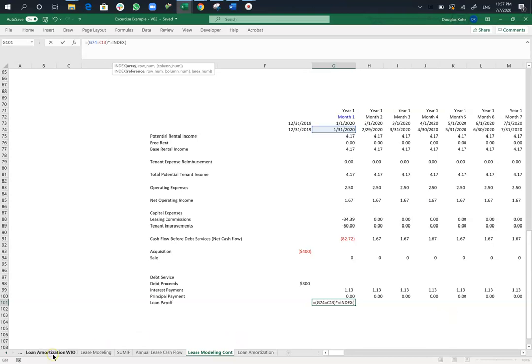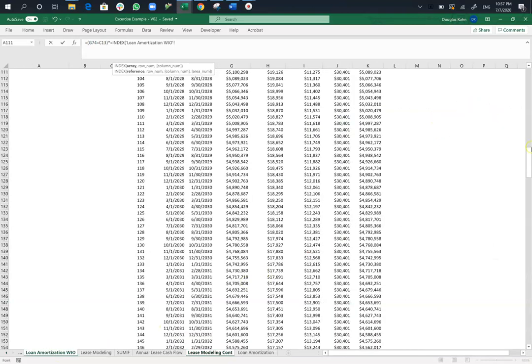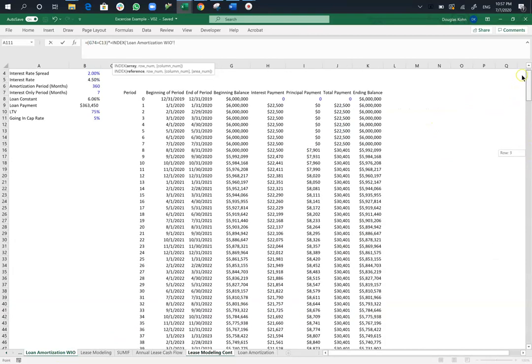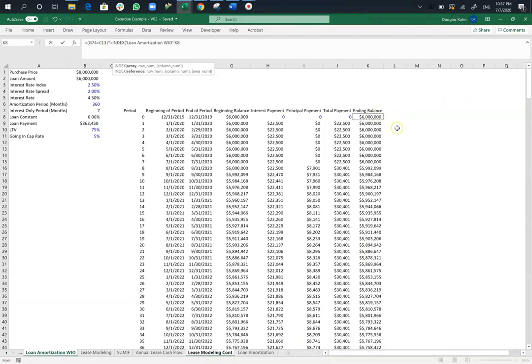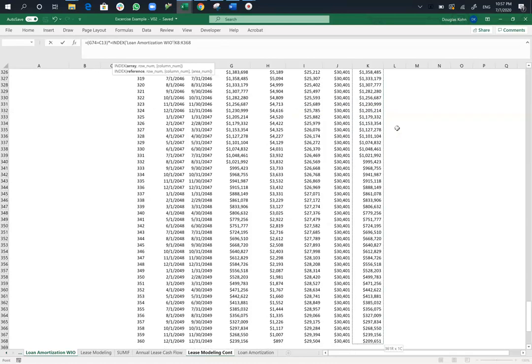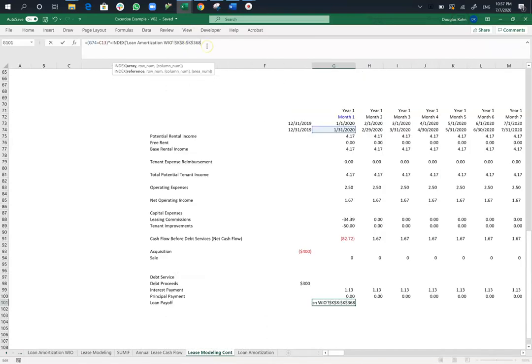So we're going to take the index of the remaining balance, lock that array, and here's our match formula,